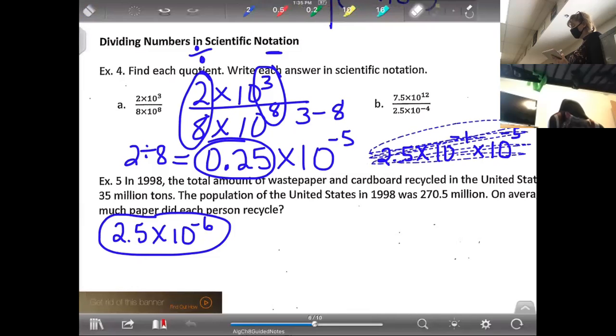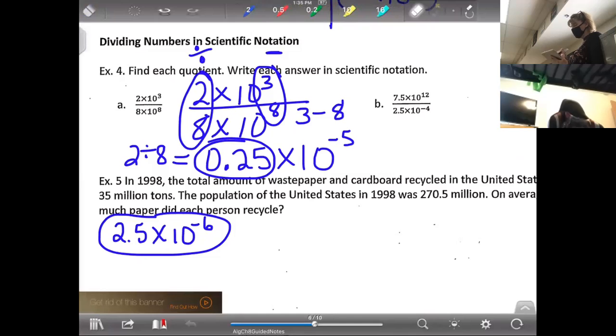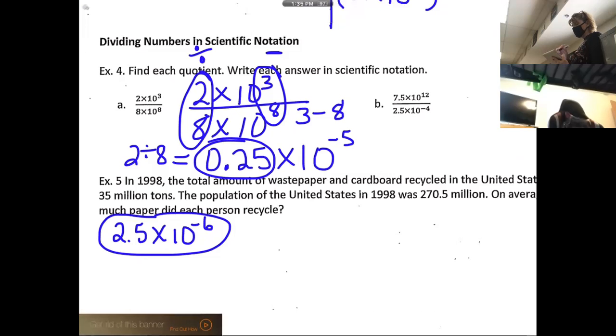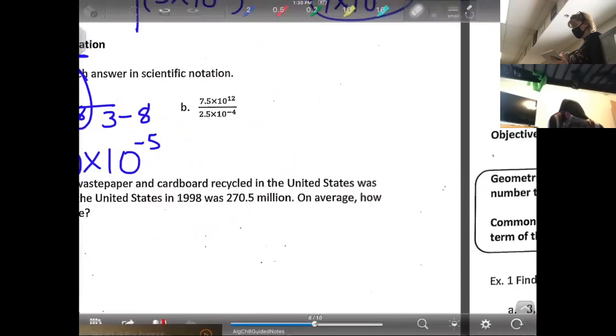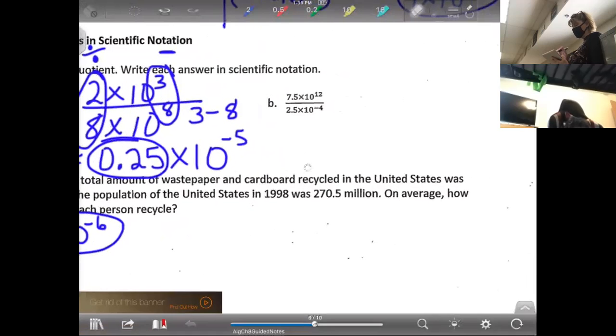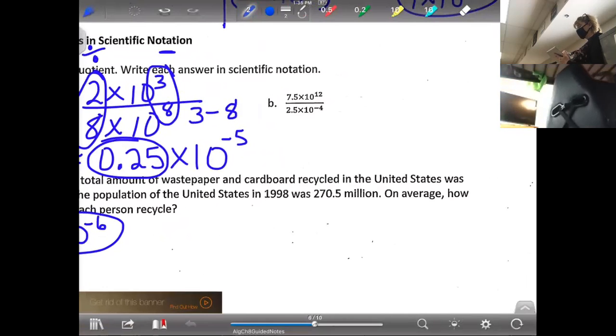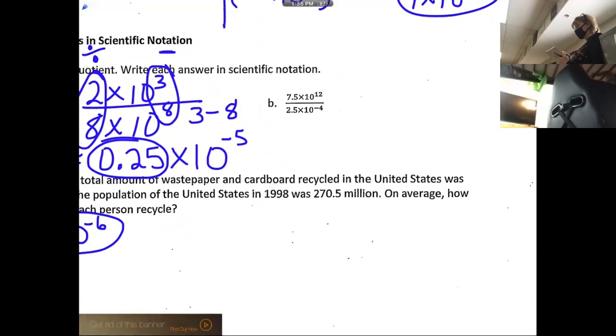So let's look at this last one before we get to the word problem at the end. All right. We have 7.5 times 10 to the 12 over 2.5 times 10 to the -4. We're going to divide